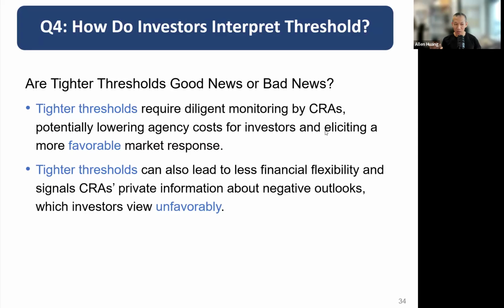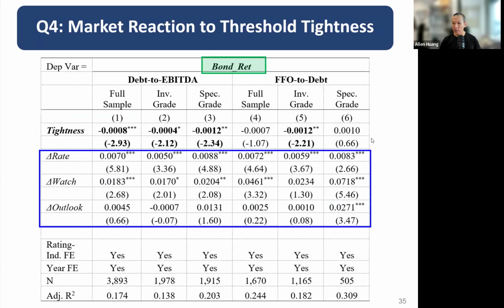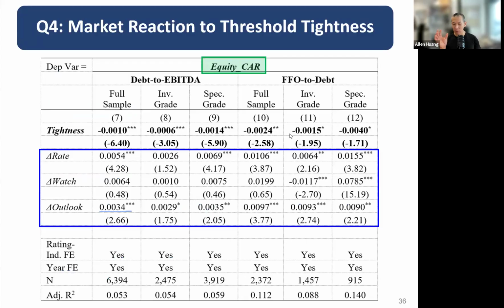That's why they issue tighter thresholds, so investors will view them unfavorably. And overall, we find that the results are negative. So we look at the bond market returns. It's negatively associated with how tight the thresholds are. And we also look at the equity market responses in the 3 days surrounding the credit reports that include the ratios, and we find similar results there as well. So controlling for every other piece of information that we can find from credit rating reports, with tighter ratios, investors usually interpret that